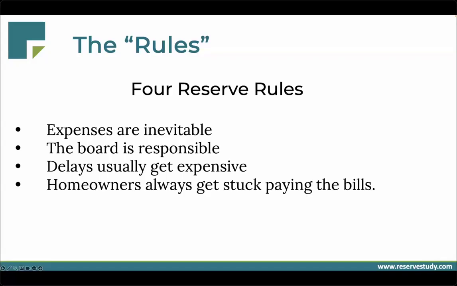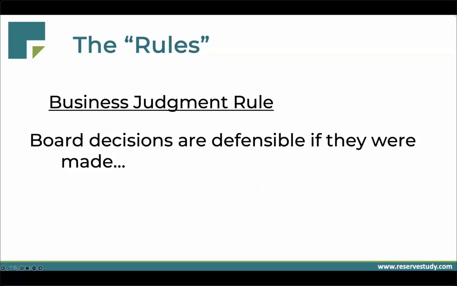Well, there are only four options for a project to get completed with money. The only ways that you can pay for a project to get completed are number one, reserve transfers. Number two, special assessment. Three, a loan. And fourthly, just do nothing. Let it go into disrepair, defer it, defer it, defer it, and ultimately, it's just going to fall apart. So we always argue that the best option for the board, the cheapest option that saves the owners the most money, is going to be predictable reserve transfers into the reserve account. We know we have to pay these costs, but the cheapest way is going to be reserve transfers.